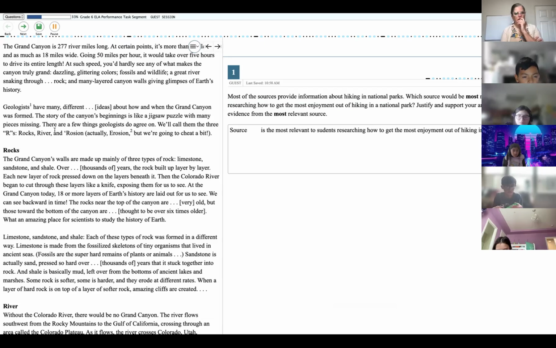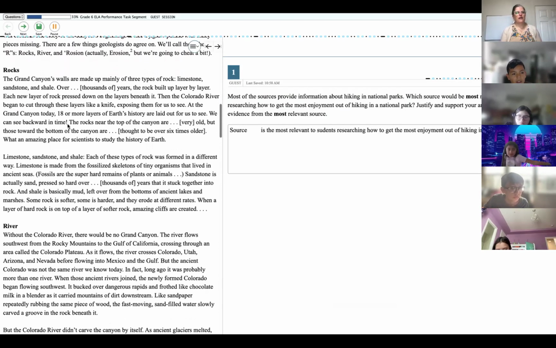Actually, erosion, but we're going to cheat a bit, it says. Now look at rocks. The Grand Canyon's walls are made up mainly of 3 types of rock: limestone, sandstone, and shale. Over thousands of years, the rock built up layer by layer. Each new layer of rock pressed down on the layers beneath it. Then the Colorado River began to cut through these layers like a knife, exposing them for us to see. At the Grand Canyon today, 18 or more layers of Earth's history are laid out for us to see. We can see